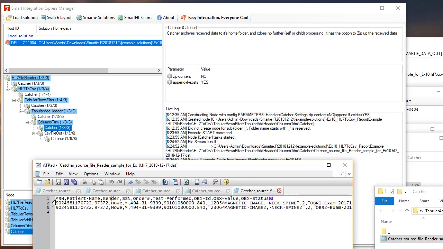We got the nice header. We trim all the columns that we are not interested in. The last bit is the one that does the tabbing for me. So if I go